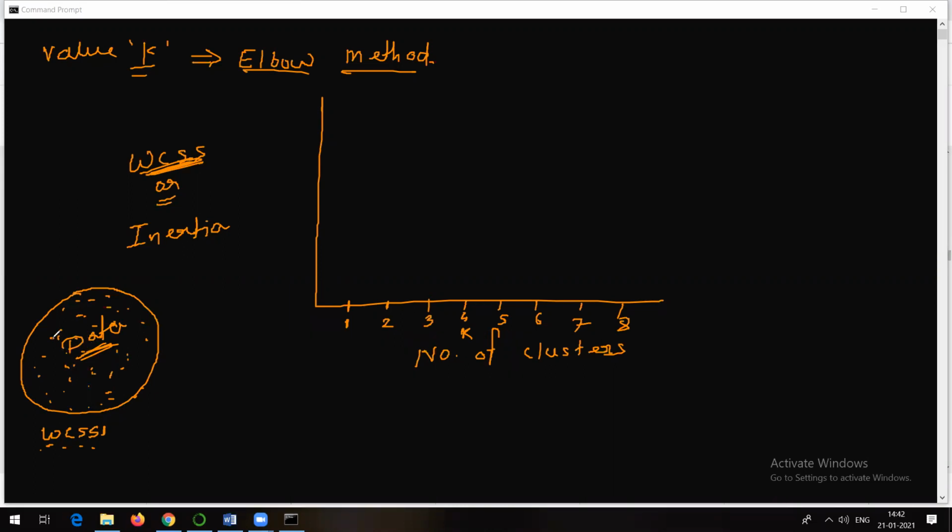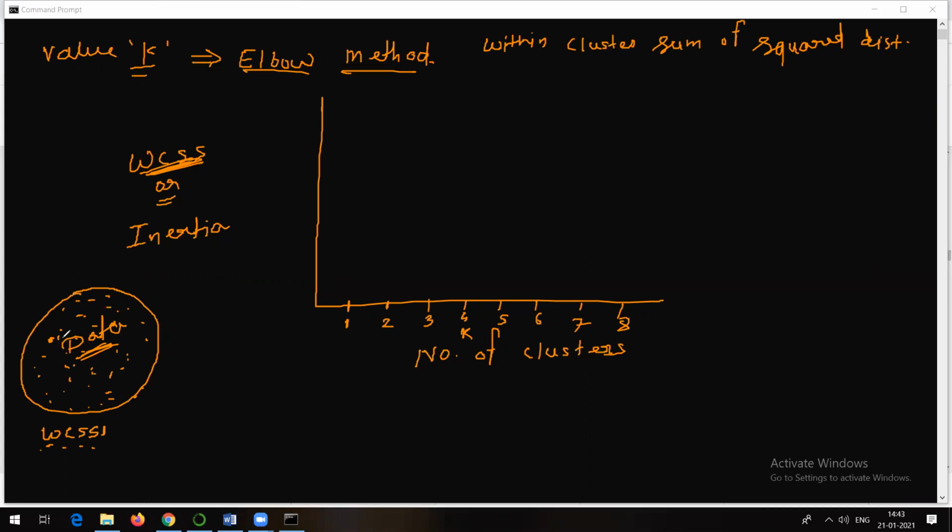The name itself tells you what it is: WCSS is within cluster sum of squared distances.